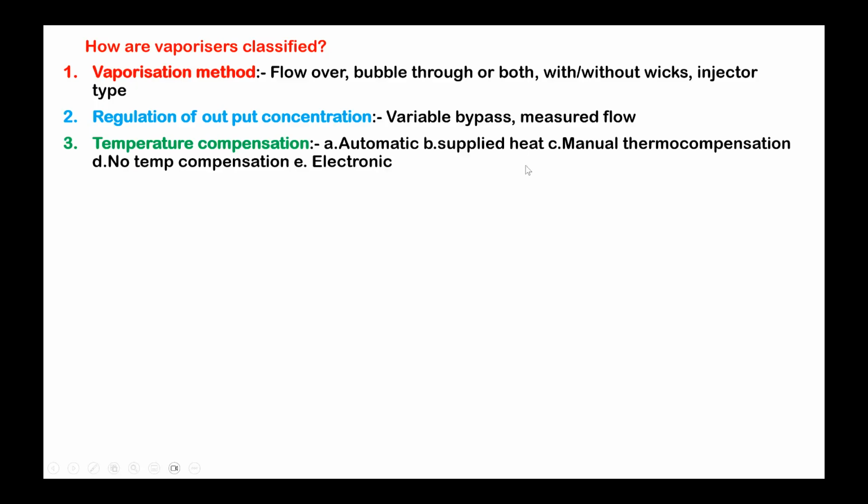Whereas in our new machines, we have methods to adjust to the temperature. If the temperature drops, then automatically vaporization will come down, concentration will come down. To prevent that, they will allow more fresh gas to come in. On the contrary, if the temperature increases, then to prevent excess vapor formation, they will automatically reduce the fresh gas flow even though you are setting it at a different level, to adjust and deliver the correct concentration that is required. So that is called the temperature compensation, which is present in most of the vaporizers, and that is why the modern vaporizers are called,